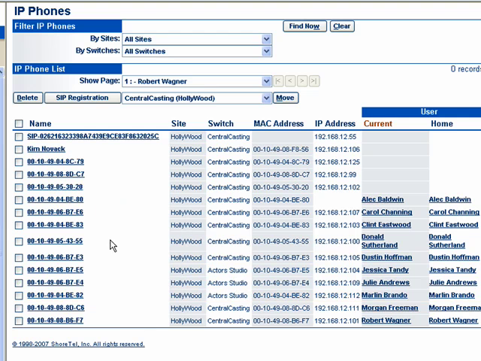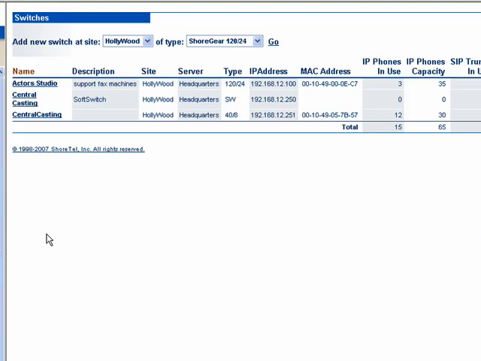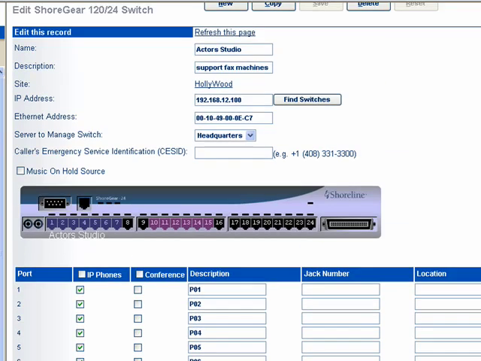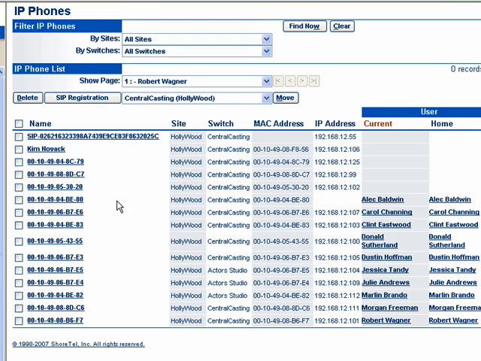And at this point, if we go back to switches and click on Actor Studio here, we probably see that we had spare IP phones available here. And if we go back to the individual IP phone map, and this time we say show us